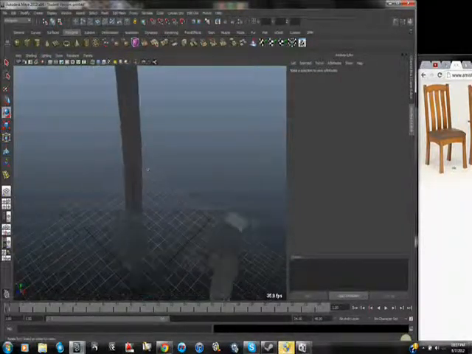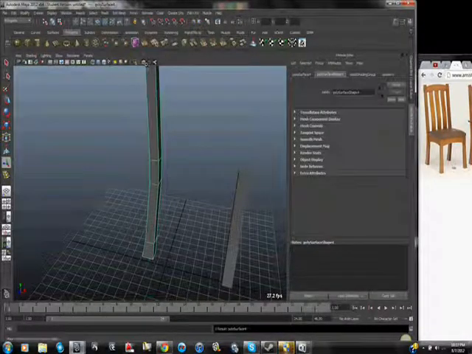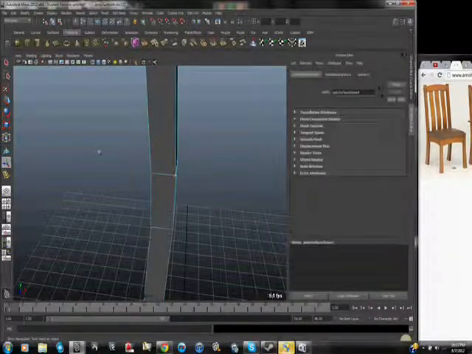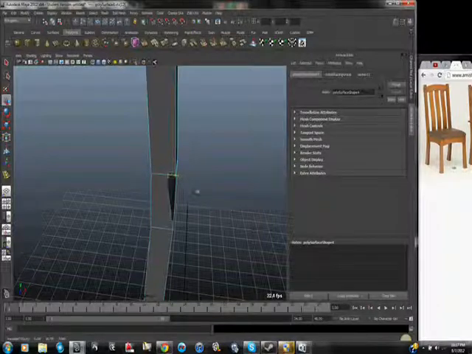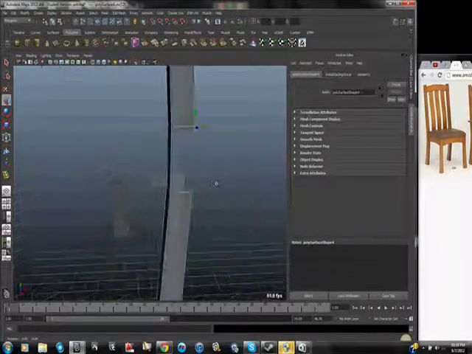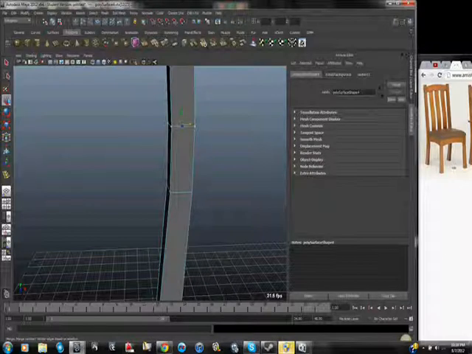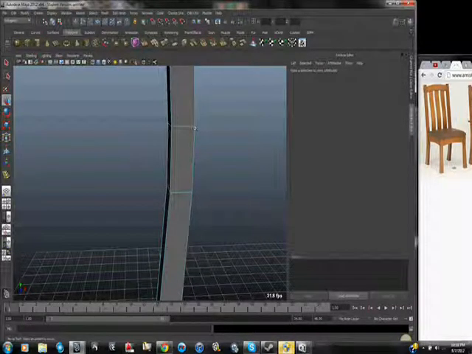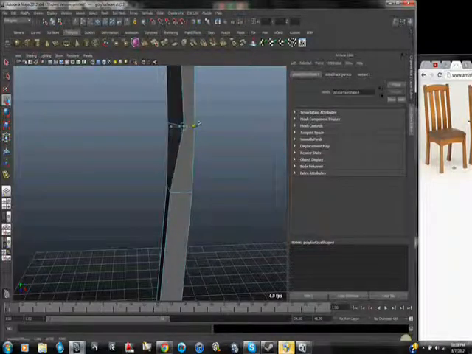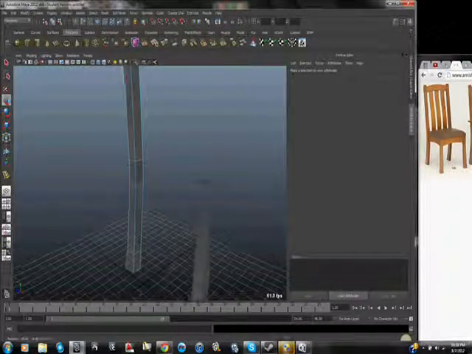Now, as you can see, these two are still different objects, so we want to fix that. First, we can go to Mesh, Combine, and that'll make the objects all the same object again. However, if you look closely, if we move one of the vertex, we can see these vertexes aren't combined anymore. So we can fix that by, in our Vertex selection tool, we can select all these vertices, select this button right here, and that will combine all the vertices that are very close together. As you can see now, this vertex is all the same, this vertex is all the same. Very useful tool. Okay, so now we have our second leg,